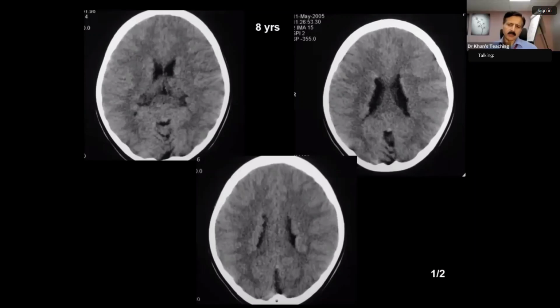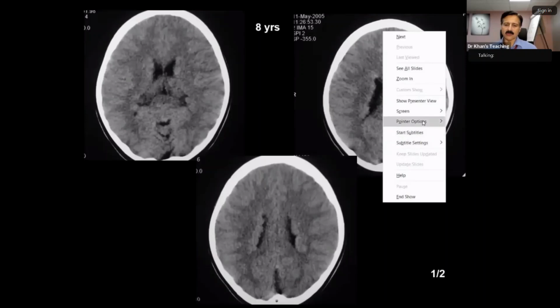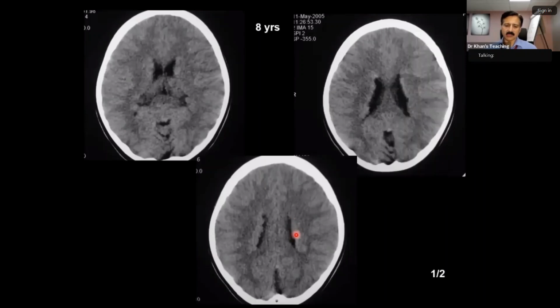Very well done. But please remember in the exam what will happen. This is the last slide you are going to see and you are going to panic. You are going up and down and you are not going to pick it up. This is a classical case where, as I say, the eye sees what the mind knows. You have to train your mind, look at this region. And this is subependymal heterotopia. So the concept is that subependymal heterotopia